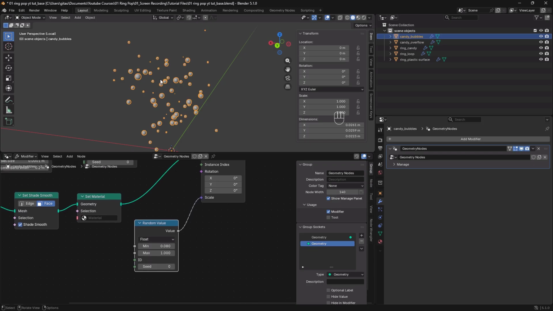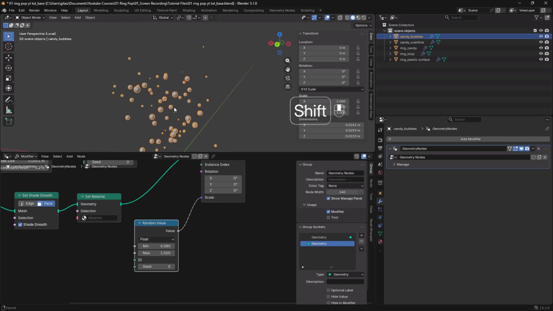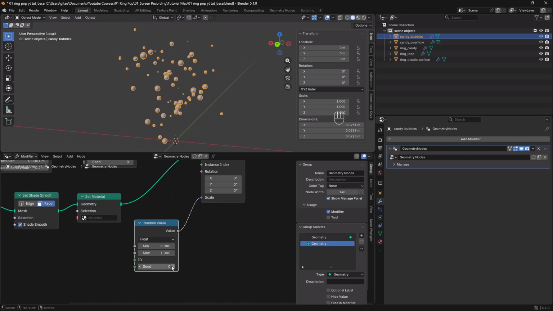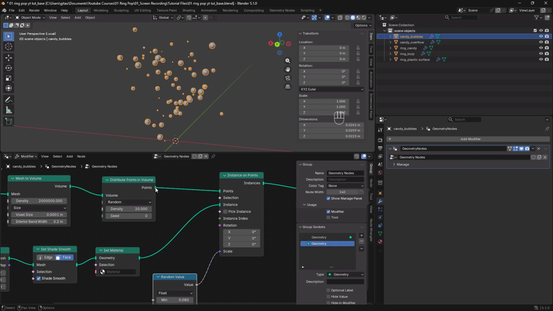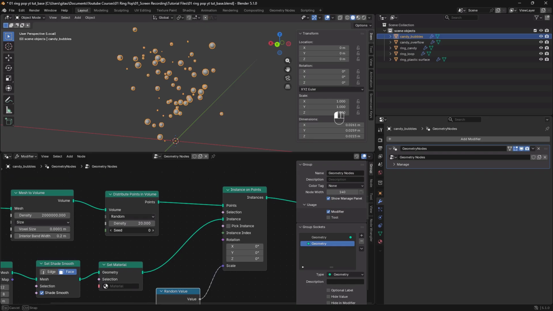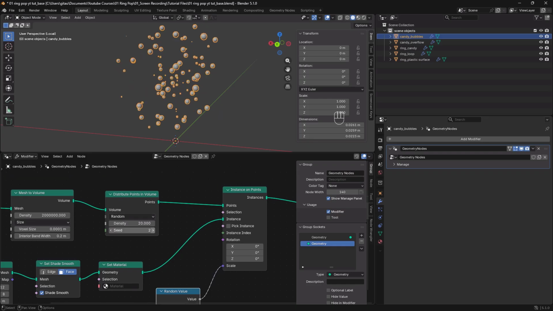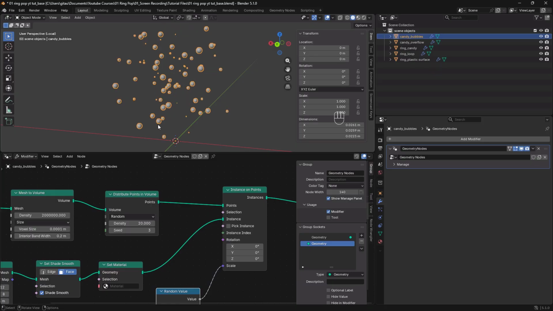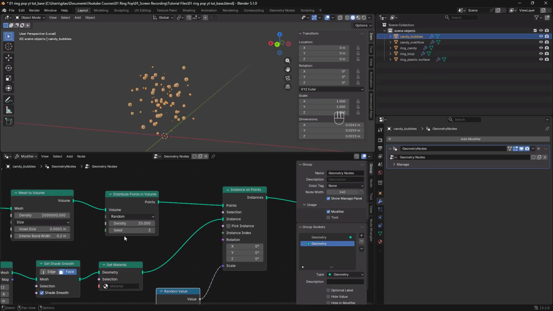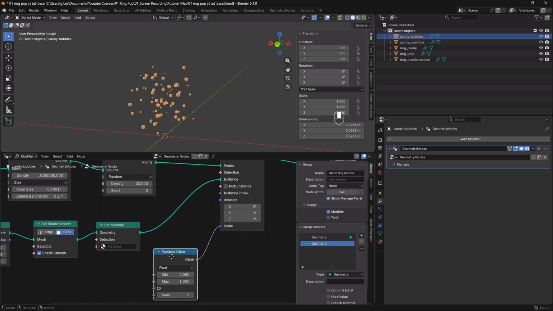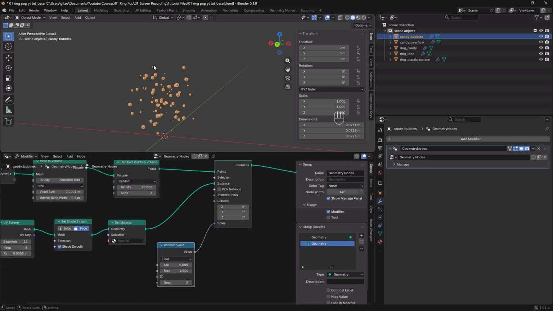And then we have the seed. The seed changes whatever arrangement is being set up scale-wise or size-wise. So I can adjust this and we get different results. Similar to the distribute points in volume, you can adjust the seed and you'll get a different organization of the bubbles. And this is basically something that you use, especially if you notice that some of these bubbles kind of